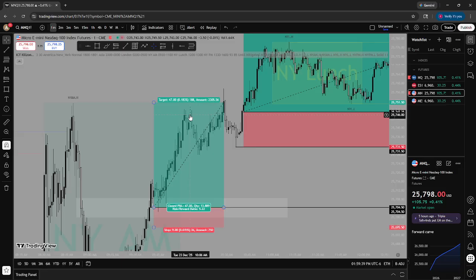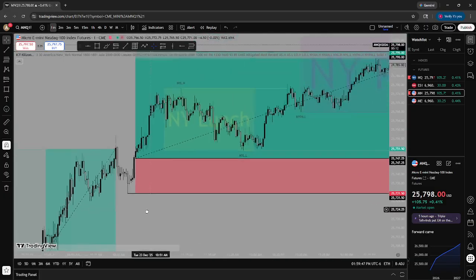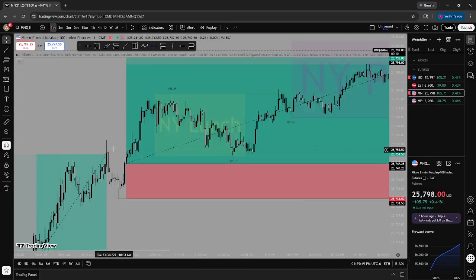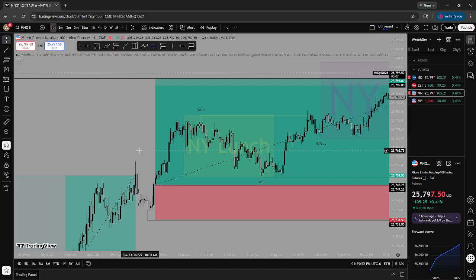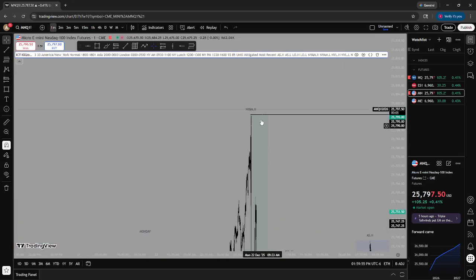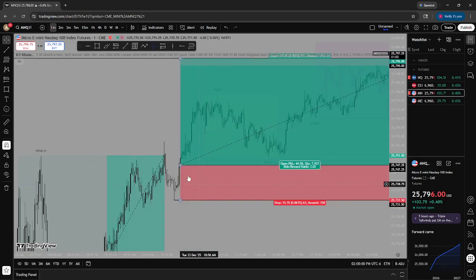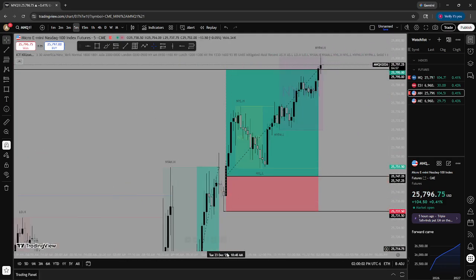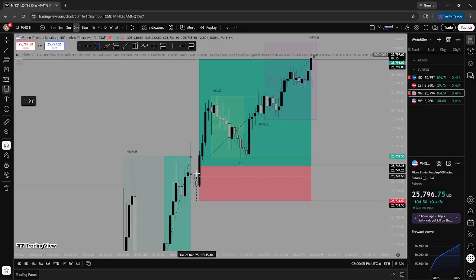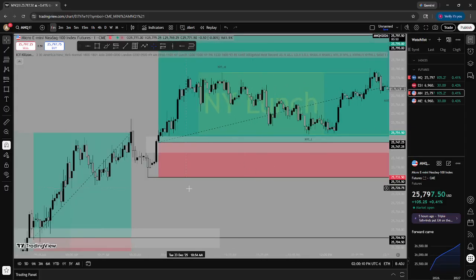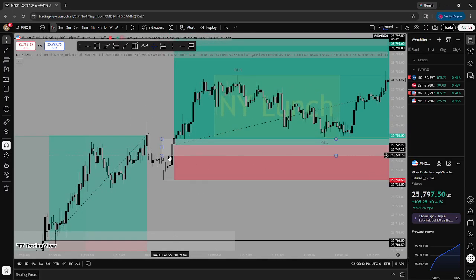New York AM highs didn't have a strong reaction off it. It did react for a little bit, but then it kept pushing up. So once it closed above it right here, I figured it's probably going to target the next set of liquidity. So my next draw of liquidity was previous day New York AM highs, so I marked that out. Then on the 5-minute time frame, there was a fair value gap. Then on the 1-minute time frame, you drop down and I targeted the lowest fair value gap, like always.